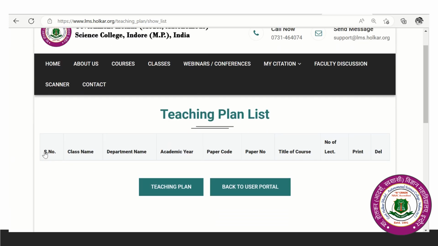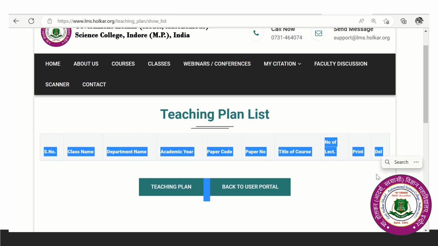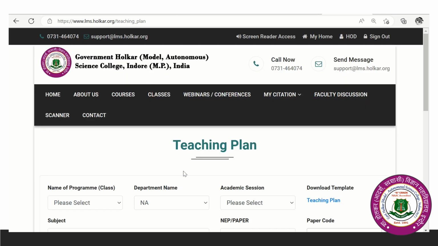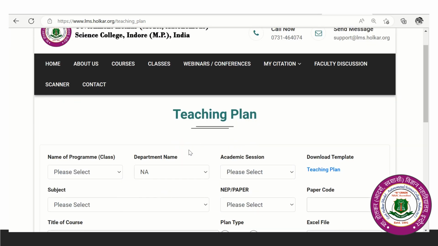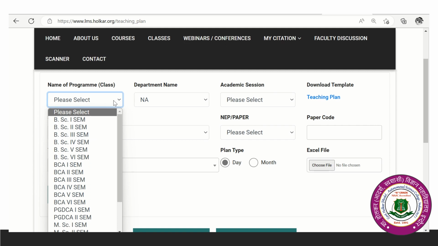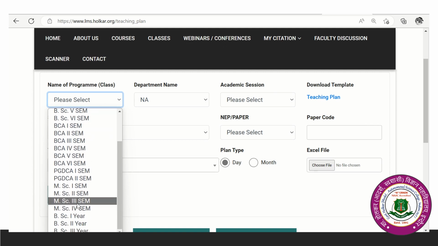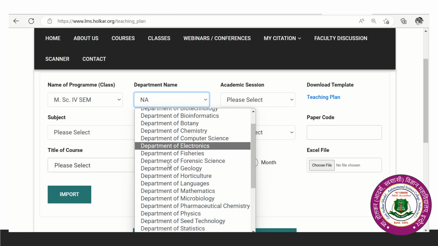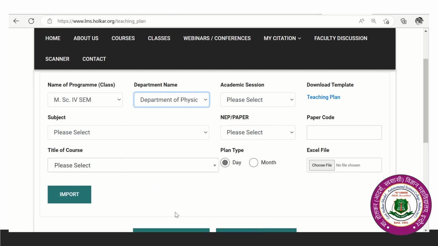We can see that there is no teaching plan available since this is the first I am going to upload here. So there is no previously uploaded plan. Again, I need to choose various drop downs. So this is MSc 4 semester, so here I have to choose department, obviously physics, so physics can be